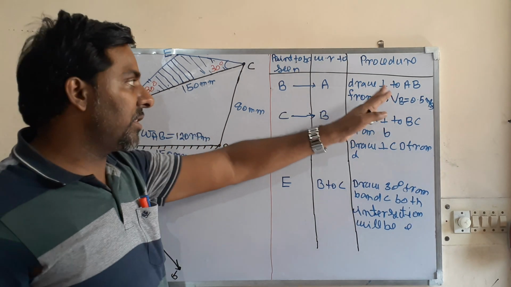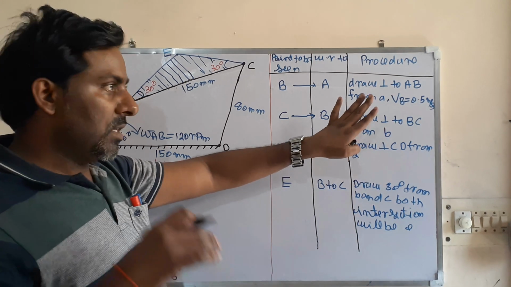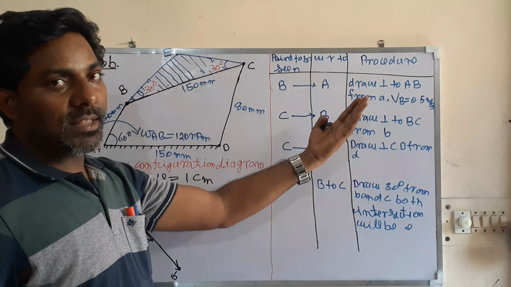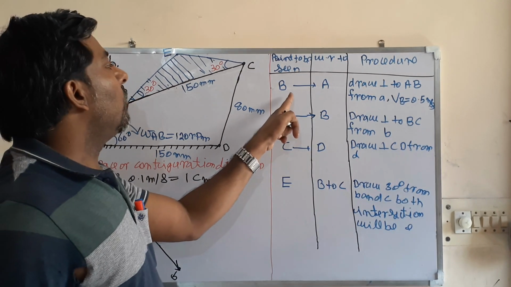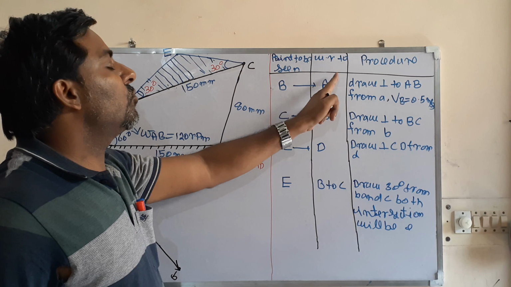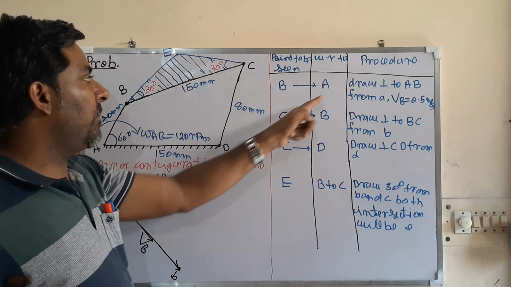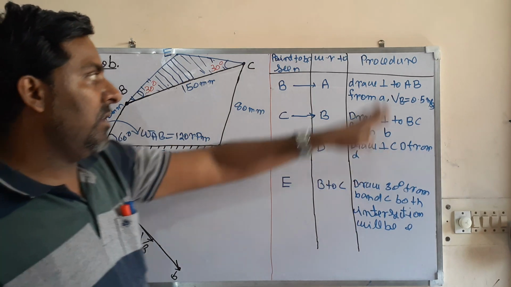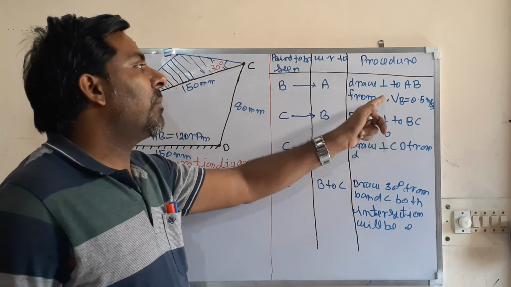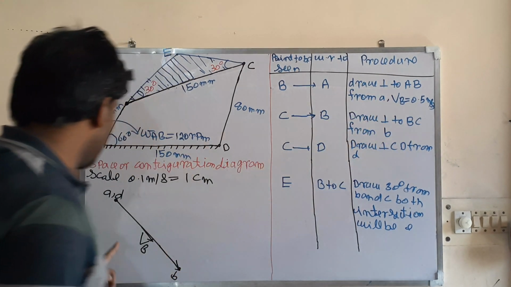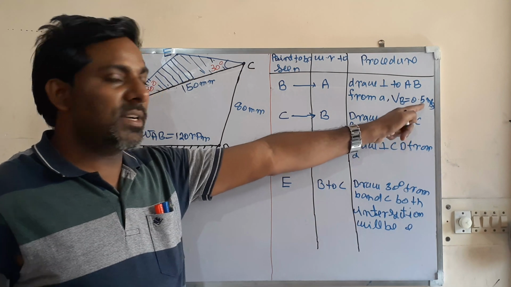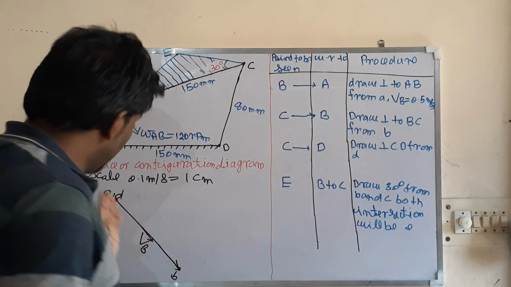So look here, the same thing I have written. This is the tabular hint for you. When you do revision you forget, so from this table you will remember. Do make a table, so that from here you will remember what to do. Okay. So what I have written: point to be seen. Which point to see? B. With respect to, meaning from where to see? Sitting at A, look at B. When you look at B from A, here is the procedure, what you have to draw. Draw perpendicular to AB from A. From where did we look? From A. So from where will we draw? From A. The velocity of B is equal to 0.5 meter per second. So convert into scale, that will be 5 centimeters.